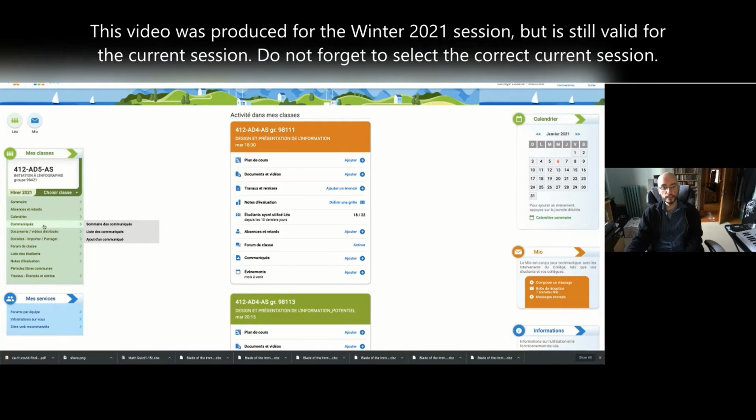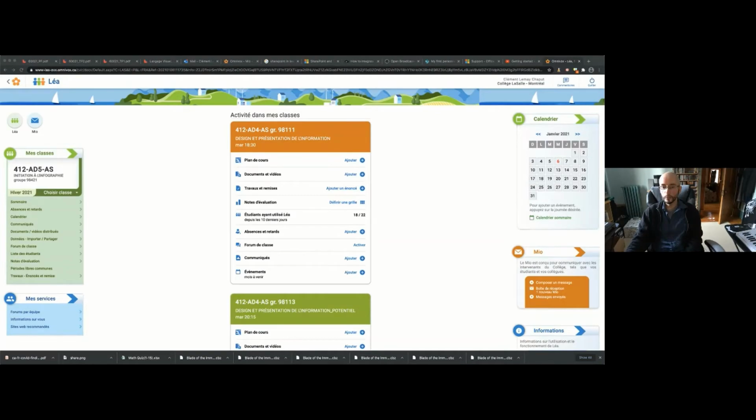You're going to see that you have sections like announcements or distributed documents. These sections will allow you to access different documents that your teacher will hand out to you. You're going to have a calendar section, so every class will have different sections. So what you need to know is that once you're inside of LIA, once you're inside these sections,